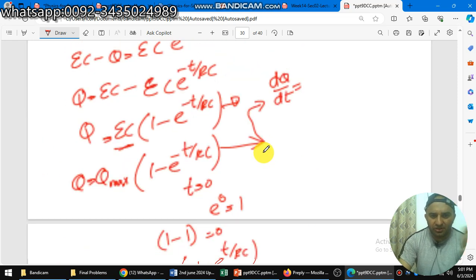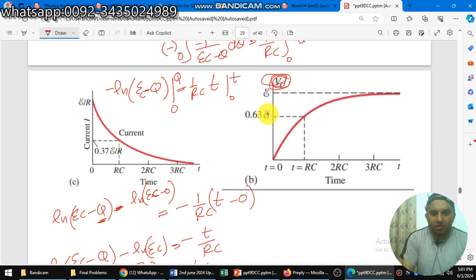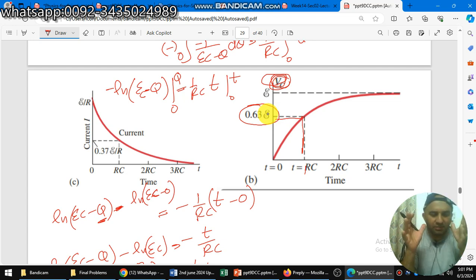So 63% of potential is developed, or 63% of the total charge is developed on the capacitor in 1 RC. So RC is equal to 0.63 times E. So we can say that the current gradually decreases, because in the starting the capacitor stores max